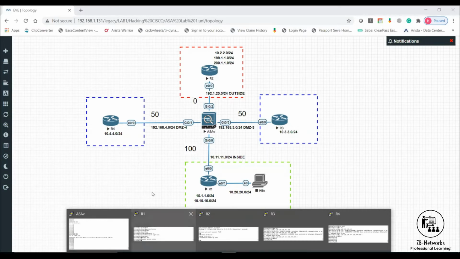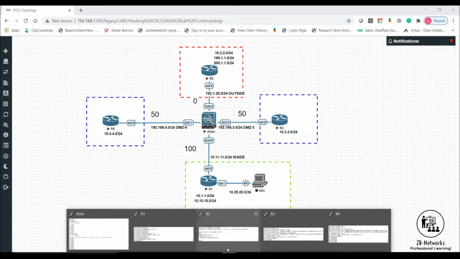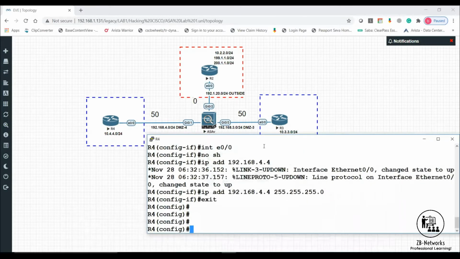And also one more thing to be concerned over here is I've got a couple of interfaces in DMZ and they are placed in the same security level. So can any traffic work between them? The answer is no. So for example, let's say I go to R4 and configure